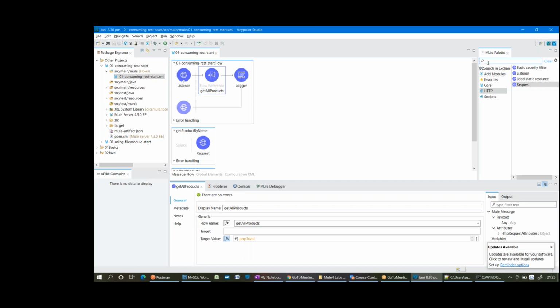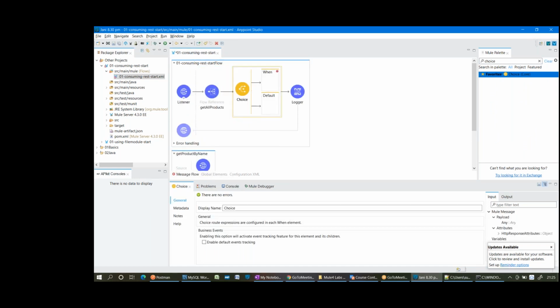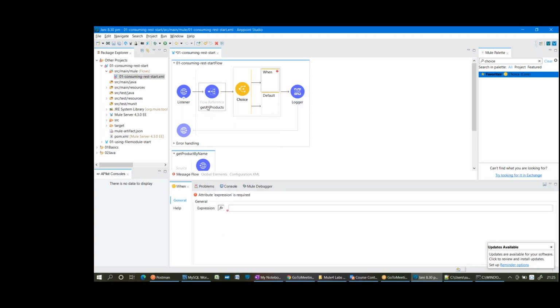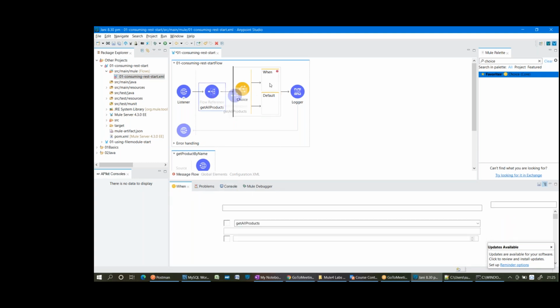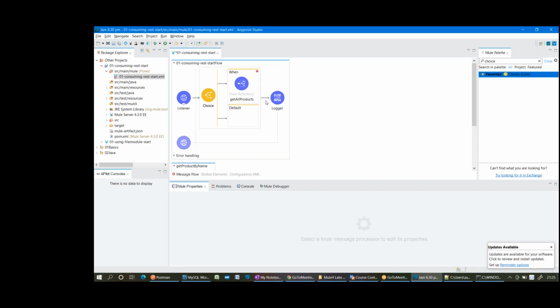So there is something called choice router. This choice router will work based on some condition. It's like a switch case statement. I'm just drag and dropping this flow reference here, which is pointing to get all products. When should this route get executed?